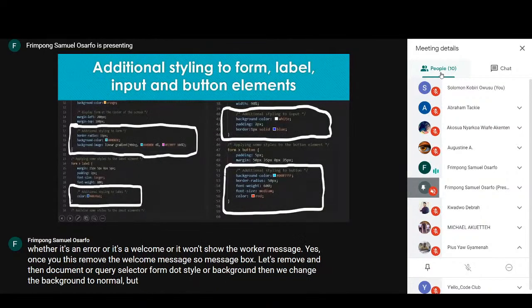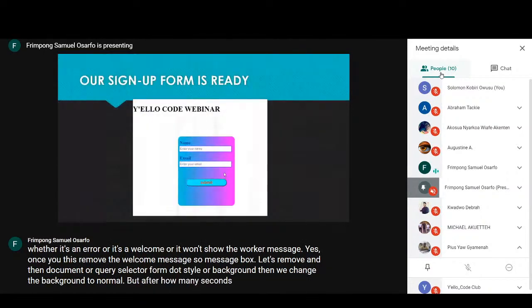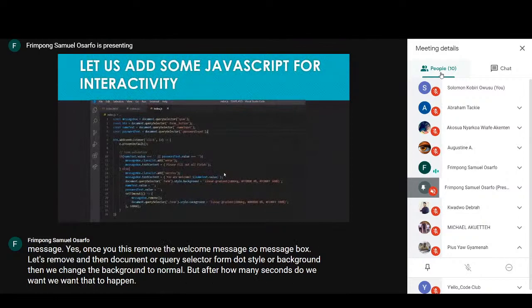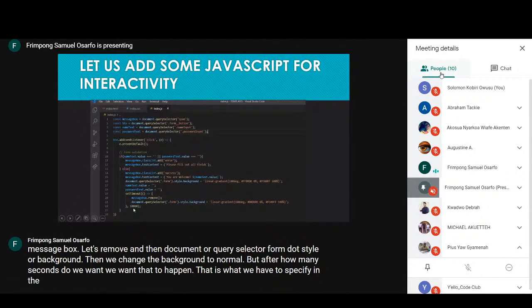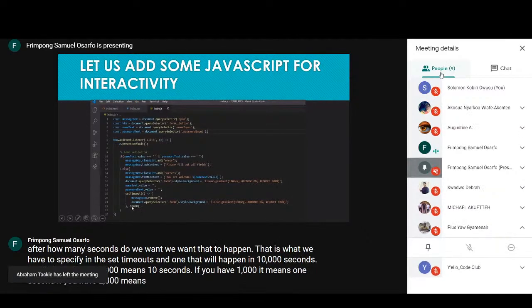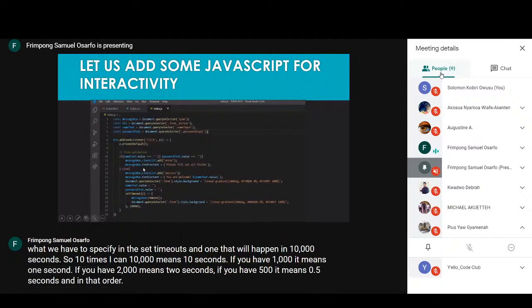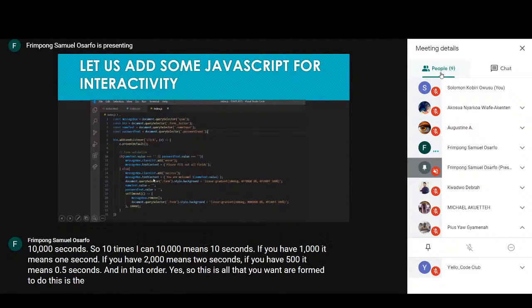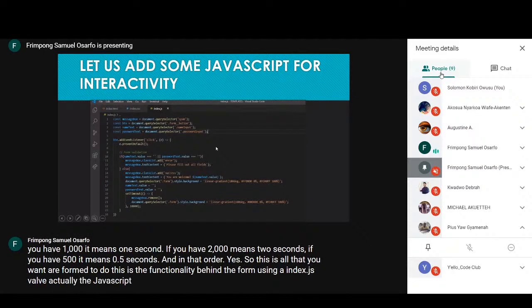But after how many seconds do you want that to happen? That is what we have to specify in the setTimeout. We want that to happen in 10,000 milliseconds. So 10,000 means 10 seconds. If you have 1,000, it means 1 second. If you have 2,000, it means 2 seconds. If you have 500, it means 0.5 seconds, and in that order. Yes, so this is all that we want our form to do. This is the functionality behind the form using our index.js file, which is the JavaScript file. So now that we are done,